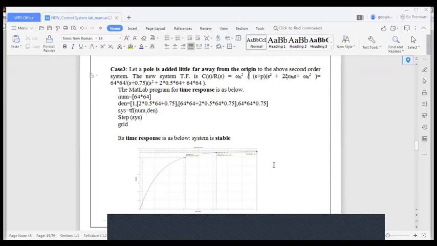Again in the denominator, after you simplify, you will see that the highest power will be 3. The s cube coefficient will be 1. Then next is the s square coefficient. You can simplify and substitute. Similarly, after you simplify, enter the coefficient of s to the power 1, and the coefficient corresponding to s to the power 0. Okay, so that means you have to enter 4 coefficients in the denominator.